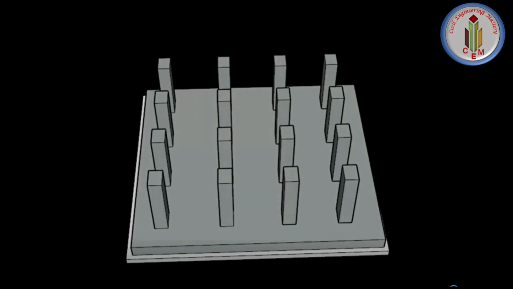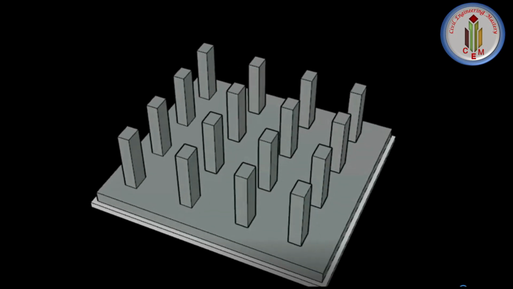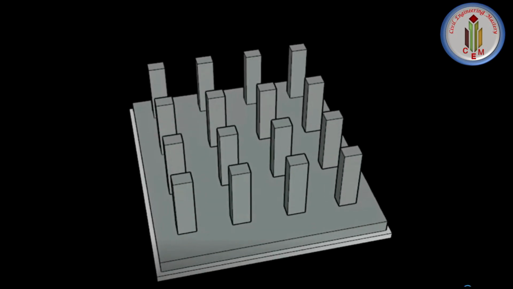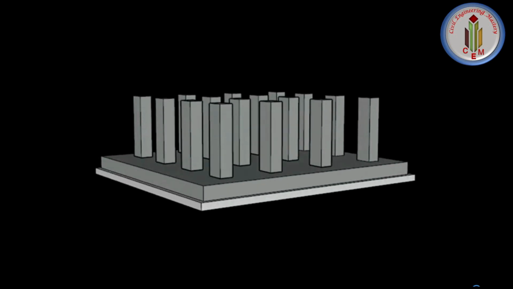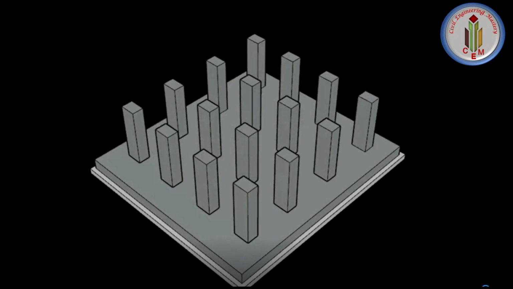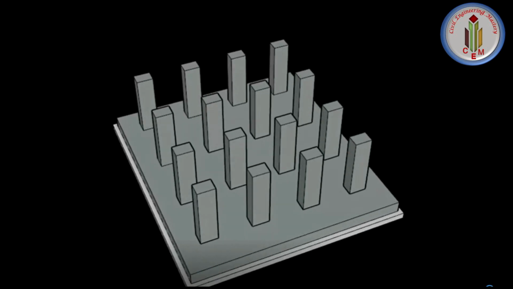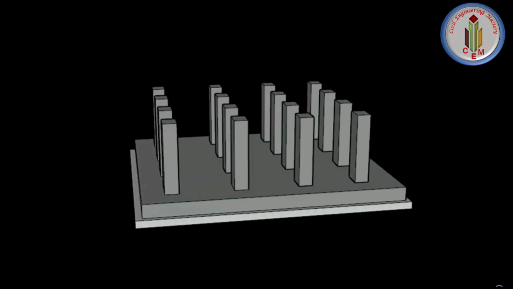Next, let's see the mat foundation or raft foundation. Mat or raft foundation transfers the load from all the columns in the building to the soil. It is used in soil of low bearing capacity or where areas of individual footings overlap. It is also used to reduce differential settlements when the load in the adjacent columns varies considerably or when there are variable soils within the same building.